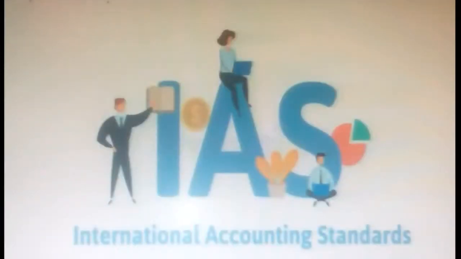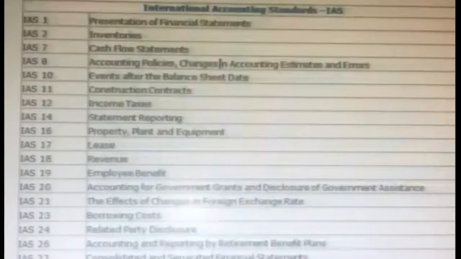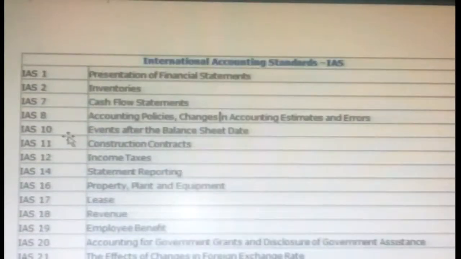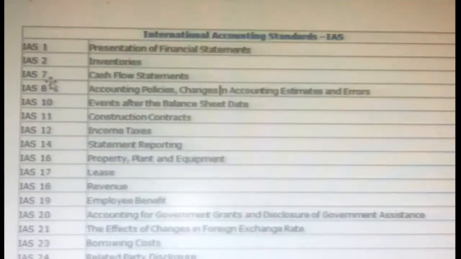Okay, then what is IAS? Here IAS means International Accounting Standards. That is very important. A total of 41 IAS have been given, but here some important ones are mentioned. IAS 1 stands for presentation of financial statements. Then 2 stands for inventories. Earlier we discussed this in the accounting standards, there inventories was 2, here IAS 2 inventories, correct. IAS 7 cash flow statements. Earlier we discussed accounting standard 3, but here it is IAS 7 cash flow statements, correct.